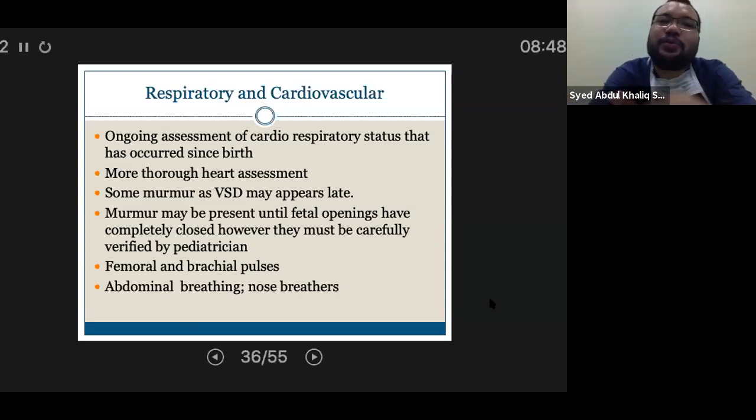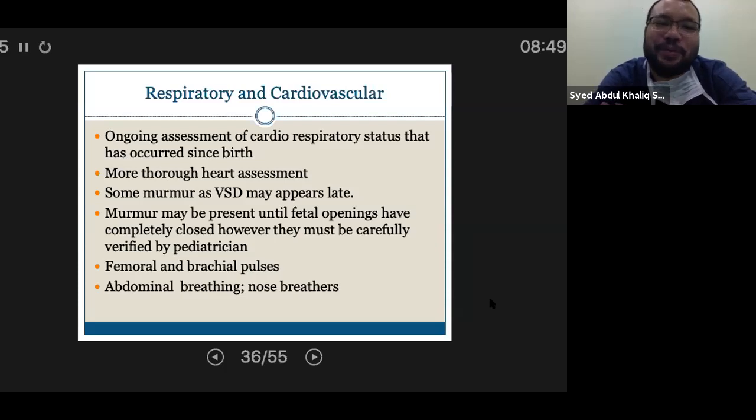Obviously heart sounds differ with the patient's condition. If the patient is fluid overloaded, there is a murmur. If the patient has a high temperature, you hear a different murmur. A newborn's normal heart rate goes up to 160. Is it easy to appreciate a murmur when the heart rate is 160? Sometimes it goes up to 190. Is it easy to appreciate a murmur at a heart rate of 190? It's not easy. When tachycardic, sometimes you can hear a gallop rhythm, but at a heart rate of 190 it's not easy to appreciate.